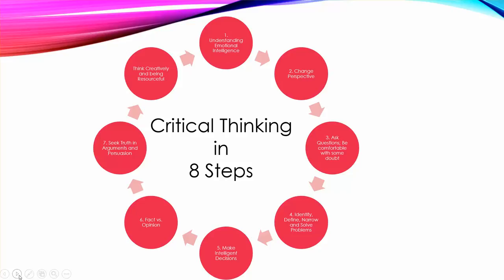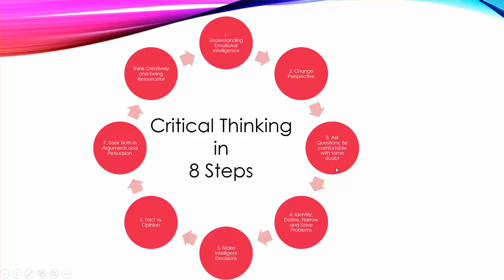critical thinking skills. The first area that Cornerstones outlines is understanding our emotional intelligence, and we're going to dive in there here in just a moment. The next thing is to change perspective, or at least understand different people's perspectives, or the other side of a particular argument. This can be very challenging, especially if it goes against our values or our core beliefs.